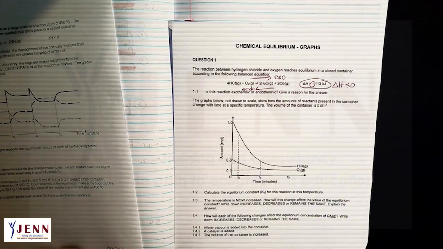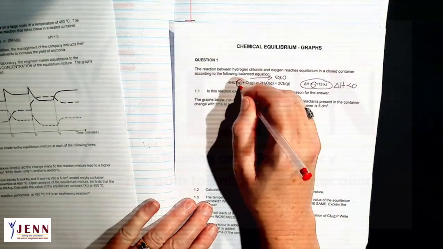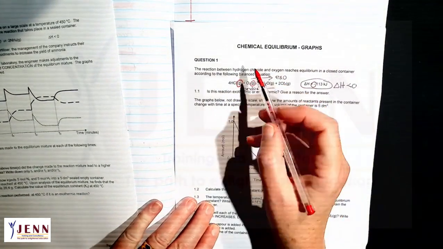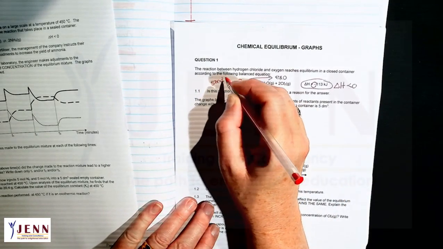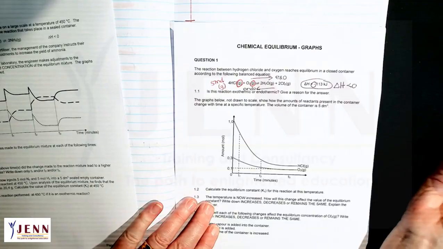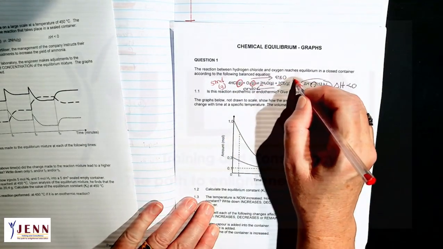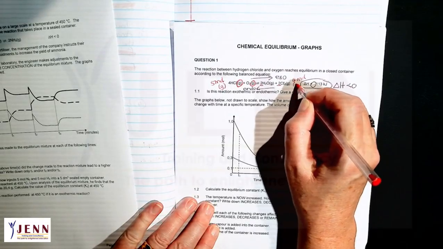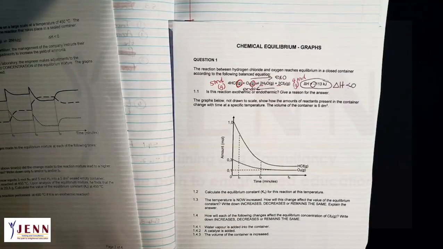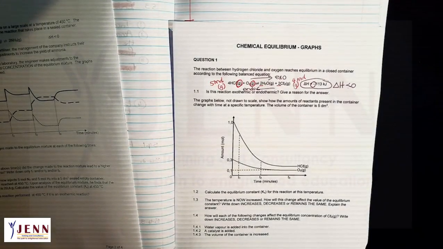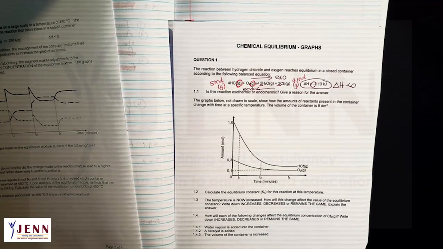Okay, the next thing that I have a look at is the gases. So there is a gas, there's a gas, so that means 4 plus 1, there's 5 moles of gas on the left-hand side, and there's 2 and 2, so there will be 4 moles of gas on the right-hand side. So I do this before I even start with the question and then start reading the question, because usually that's where the confusion starts.